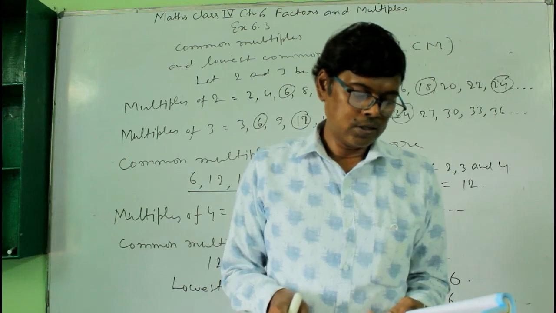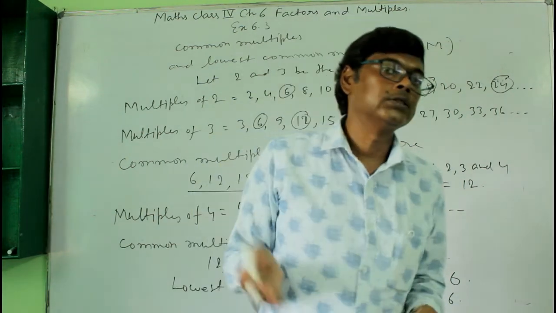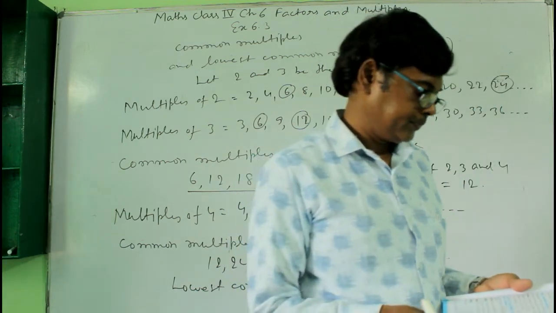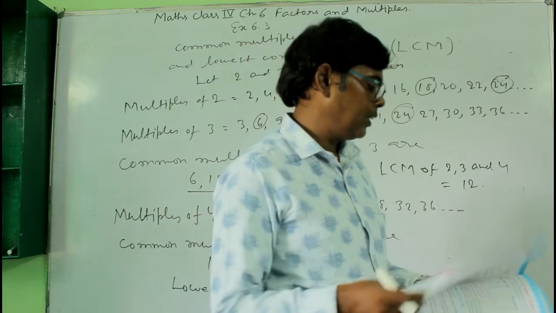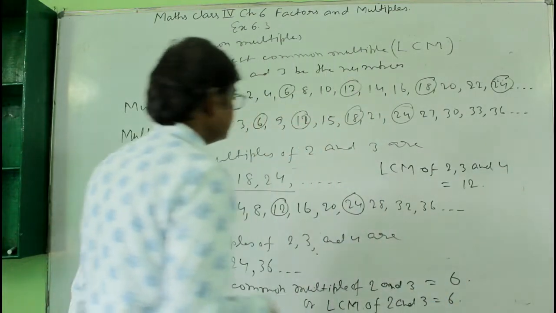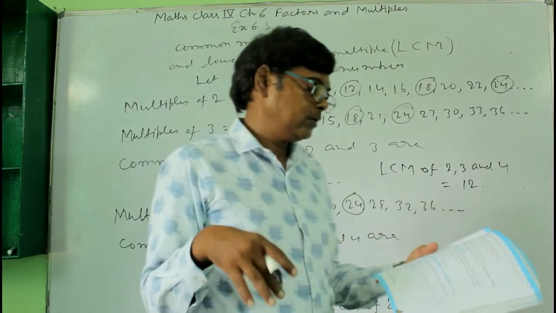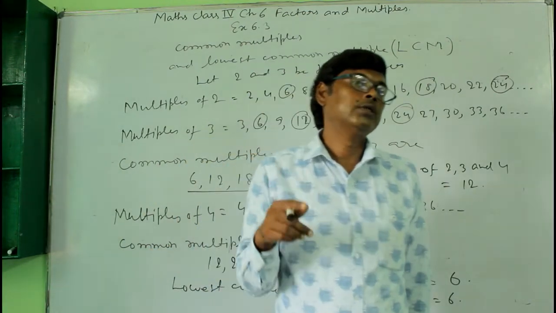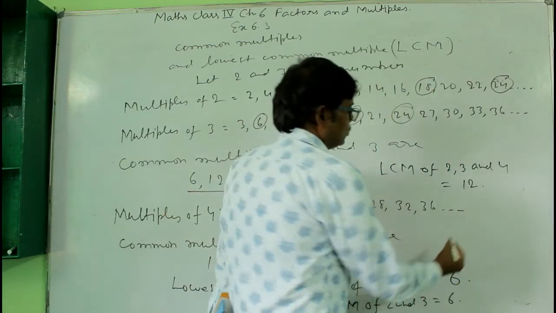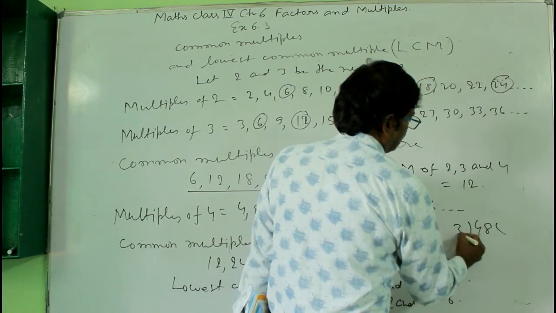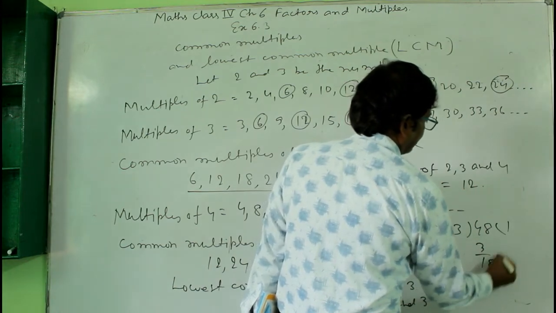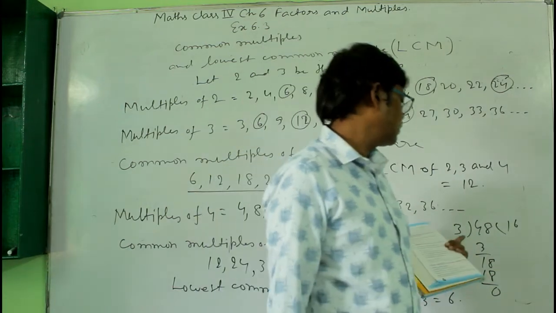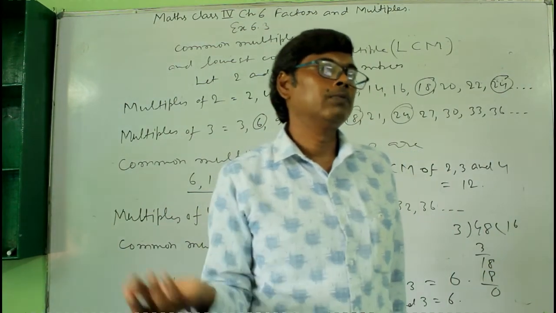And next is how will you check, if you are given two numbers, whether one number is a multiple of the other number? So we have to divide. You will divide and then find out. For example, you are given 48. हमको चेक करना है कि 48 जो है वो 3 का मल्टीपल है या नहीं. So what we do here, you will divide 48 by 3, and see here that 48 is exactly divisible by 3, and therefore 48 is a multiple of 3.